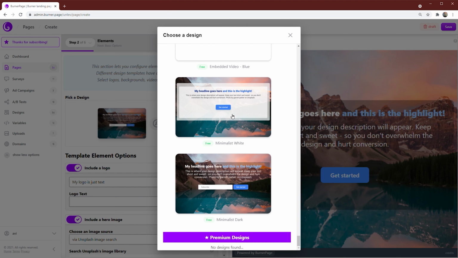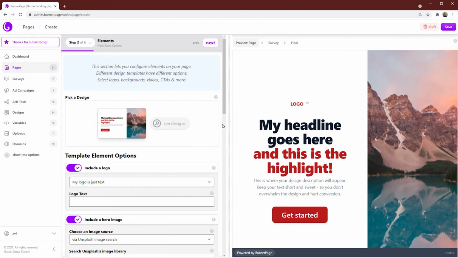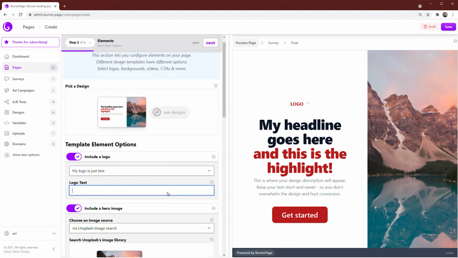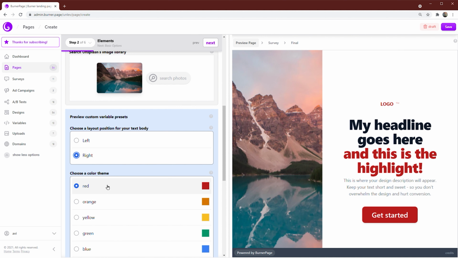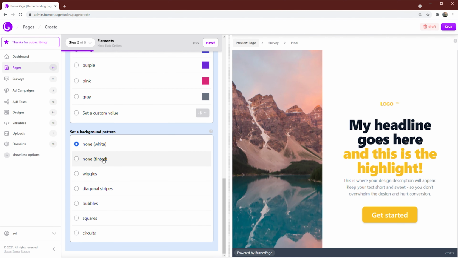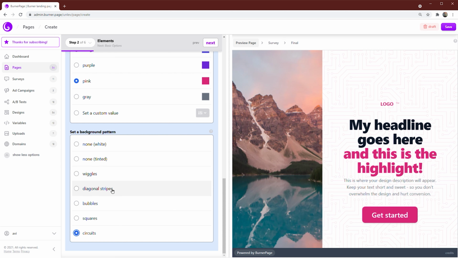I've got too many designs here. I've got premium designs, free basic designs. Here we go, custom colors. That's the one I was just playing with. And it looks just like any other design, except just when I scroll down on the page, because this one has variables inside the template, those variables now show up right below the design, and I can start editing it right on the spot. So if I wanted to choose, let's say, pink and circuits, I'll go with stripes,